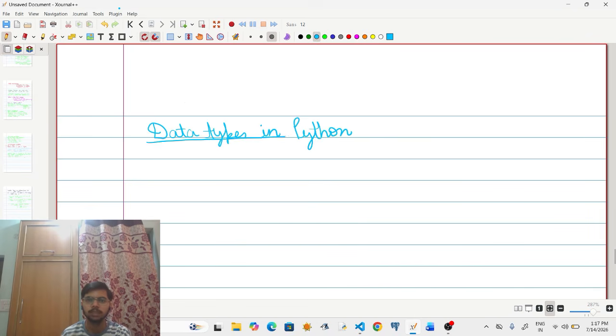Data types in Python. So what are data types? They are basically the kind of value which are stored in variables. Let me explain this one by one.